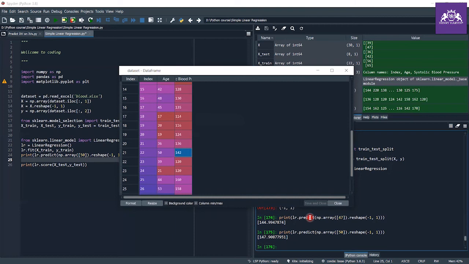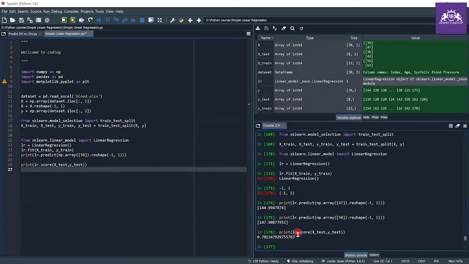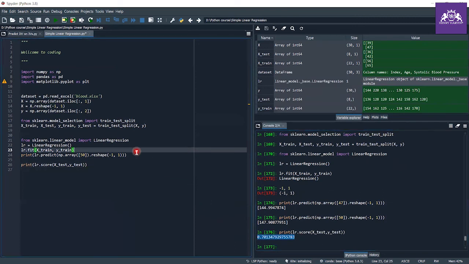So there is some loss, some gap when you are doing the prediction in this linear regression model. Let me check the score for this, and as you can see my model is 70% accurate. It is not the best, but it is acceptable accuracy, and 70% and above is acceptable in a machine learning model.